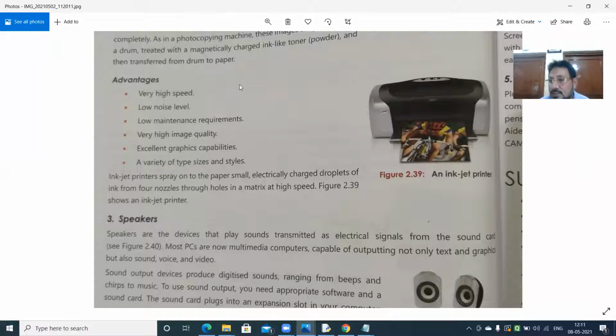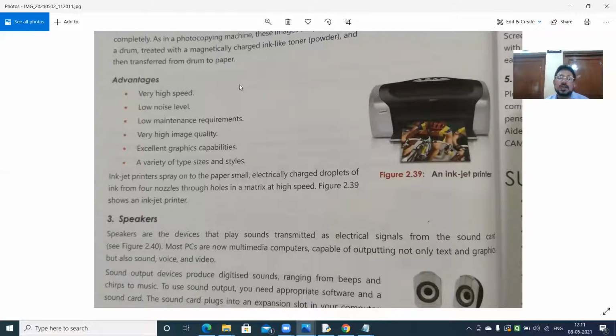Now, what is the meaning of excellent graphics? Like if I have to print an image, like here the cyclist is given in color from an inkjet printer, this type of feature you will not get in a dot matrix printer. You will get it in an inkjet printer or in a laser printer.